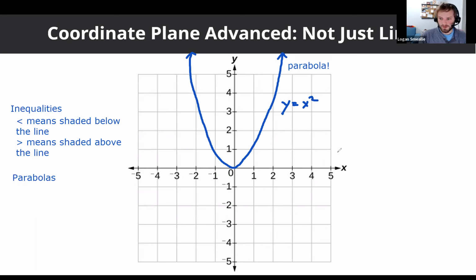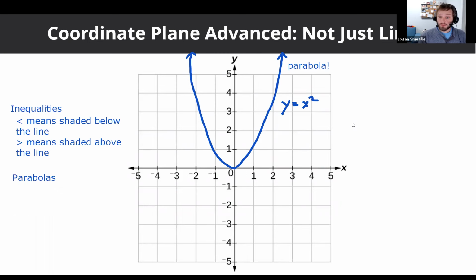Don't believe me? What if we plug in 1 as x? We're going to get 1 as y. If we plug in 2 as x, we're going to get 4 as y, approximately. My drawing's not perfect. And so on and so on. 3 would give us 9, etc. So that's why this graph gets really high really quickly. And it does the same thing on the other side, because -1 squared is 1, -3 squared is still 9, and so on. Well, that is one thing, y equals x squared.